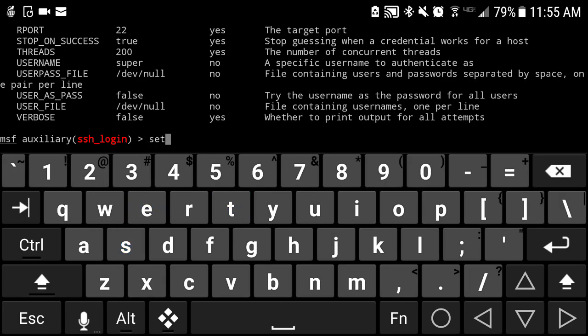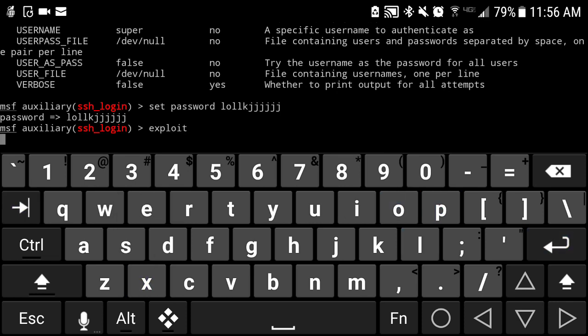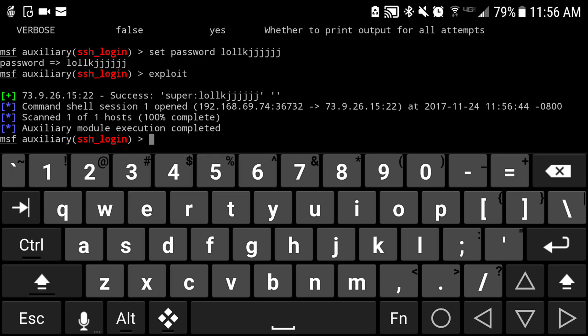I'm going to go ahead and change the password to the wrong one. We'll just go like this, and then I'm going to exploit it. So what happens here is that Metasploit is producing false positives. Regardless of whether the correct user credentials were used or not, if the service that we're attempting to log into is keyboard interactive, Metasploit does not determine, or it fails to determine, and simply submits a public key password authentication